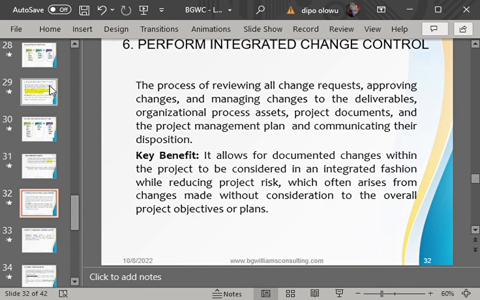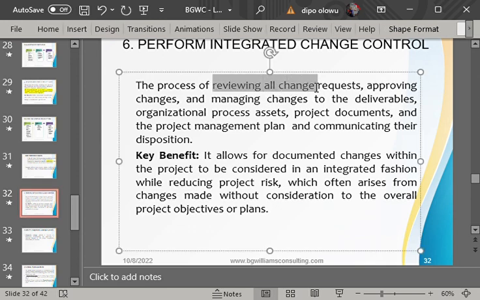So therefore, perform integrated change control is the process of reviewing all change requests, approving the change requests, and ensuring that the change is delivered.